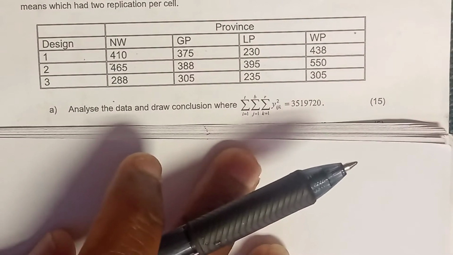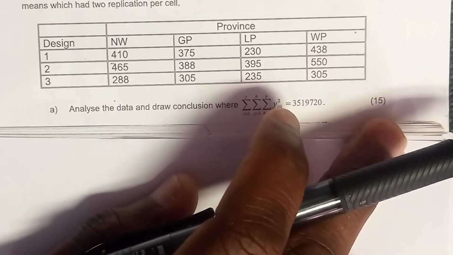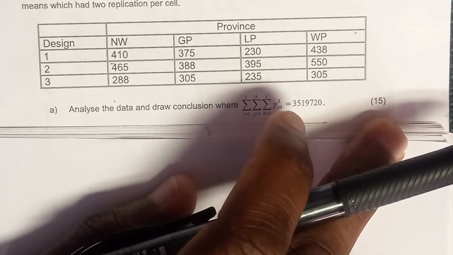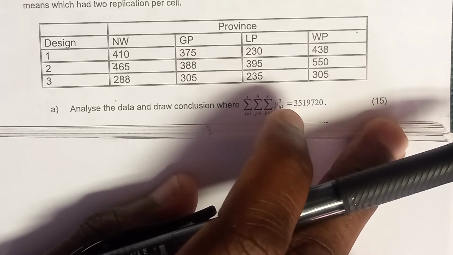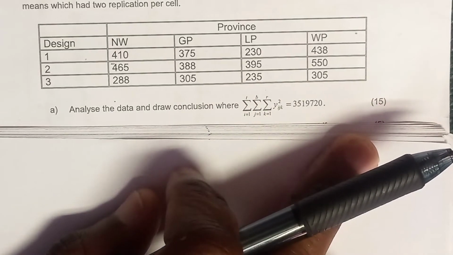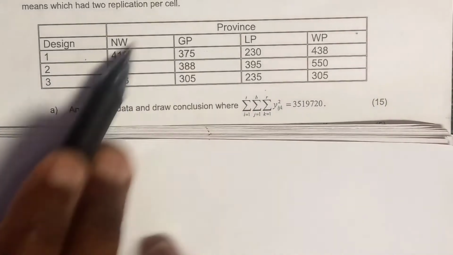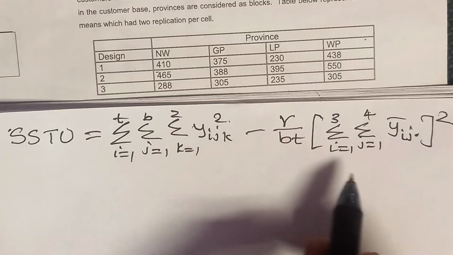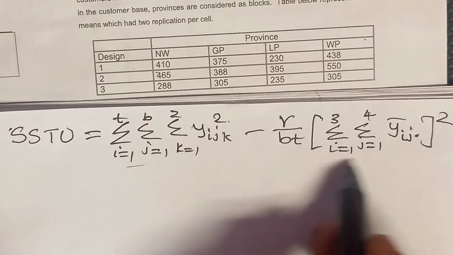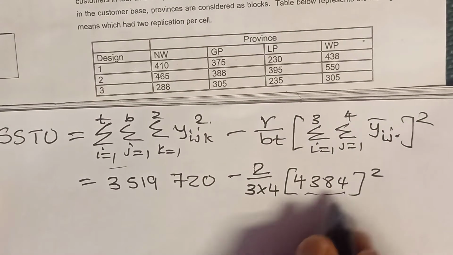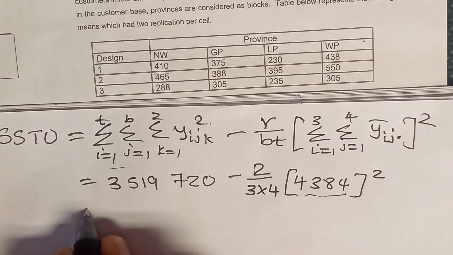Since we are given the means per each cell, what should come to mind is to use the formulas that go with that to get the results directly. You can use the other formulas, but they will be dry. First things first, we are looking for the overall sum of these means per cell, which will help us calculate SSTO, since we know it's given by this formula and we already have this. This is just the sum of everything, which we can replace by this value, as you can see here. So we get our SSTO as